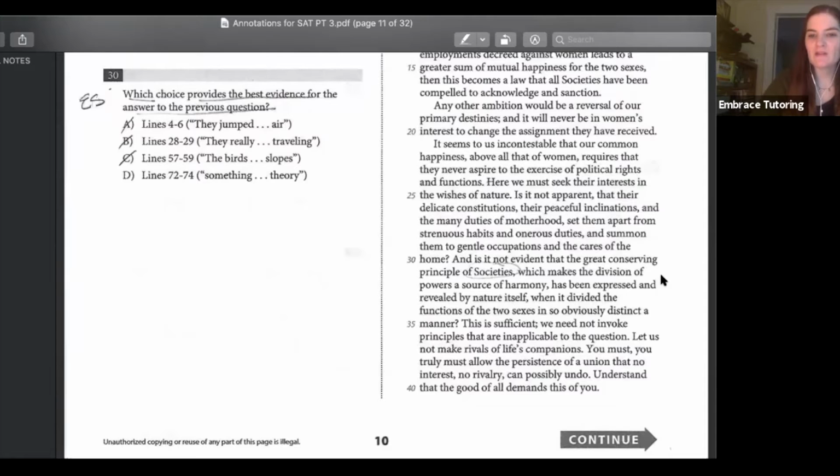Here we must seek their interest in the wishes of nature. Is it not apparent that their delicate constitutions, their peaceful inclinations, and the many duties of motherhood set them apart from strenuous habits and onerous duties, and summon them to gentle occupations and the cares of the home? Okay, so